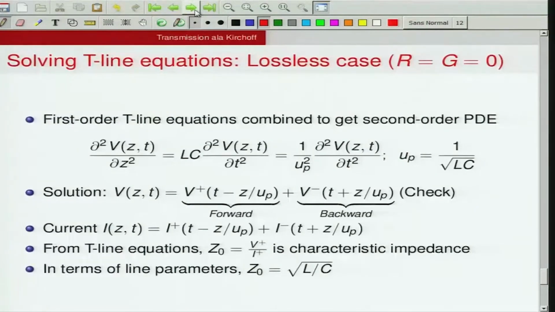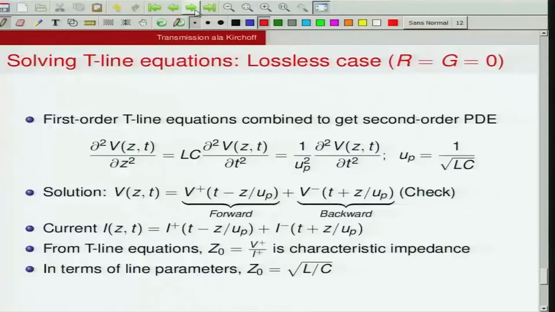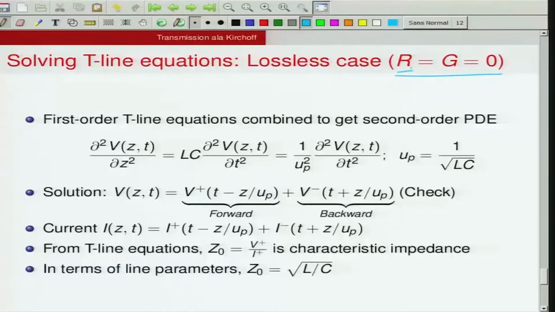into a second order PDE. How do you do that? You differentiate one equation with respect to z, and then substitute the other one. We will consider first a case where there are no losses. That is, we will assume that the dielectric filling the region between the two wires is perfect, with no G, no conducting current, and similarly the conductors which make up the transmission line are perfect, therefore R is also equal to 0. So you can combine these first order transmission line equations to get a second order